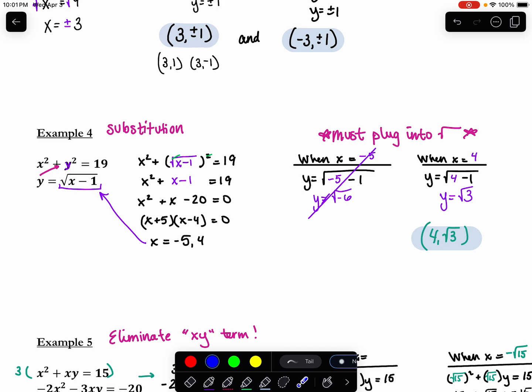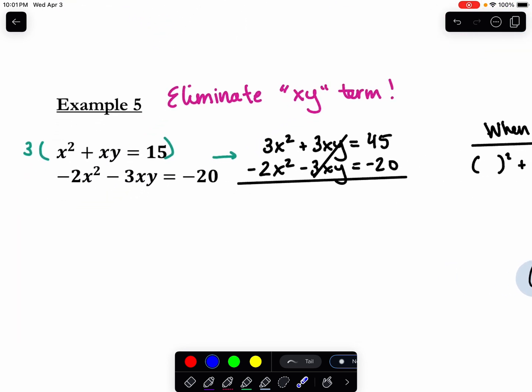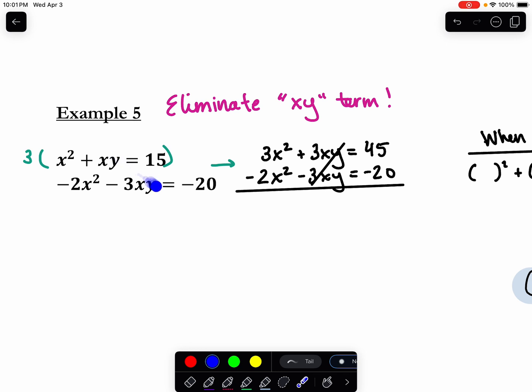Okay? All right, we're on to our last example for today, and that's when our system has this XY term. Okay, so this is something brand new. We have never talked about what this type of function looks like. Don't worry about what it looks like on the graph. Just know that when you see a system with an XY term, this is the term that you want to